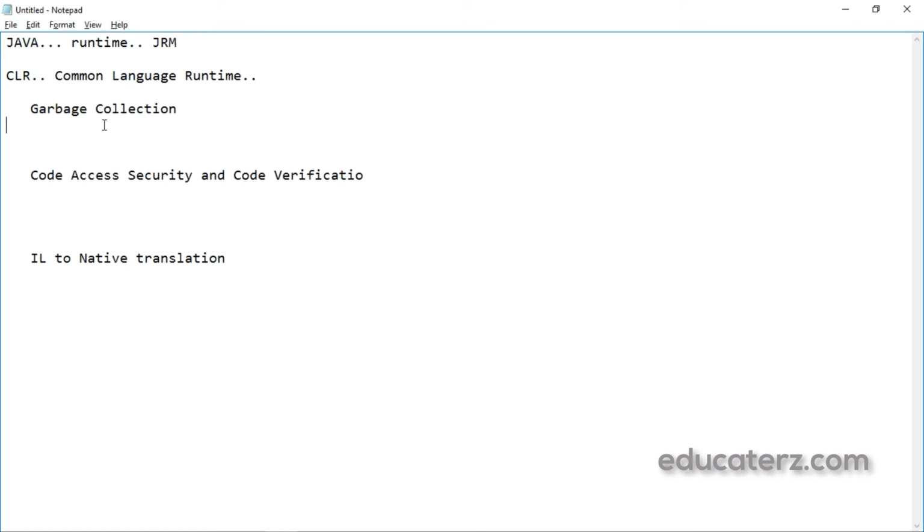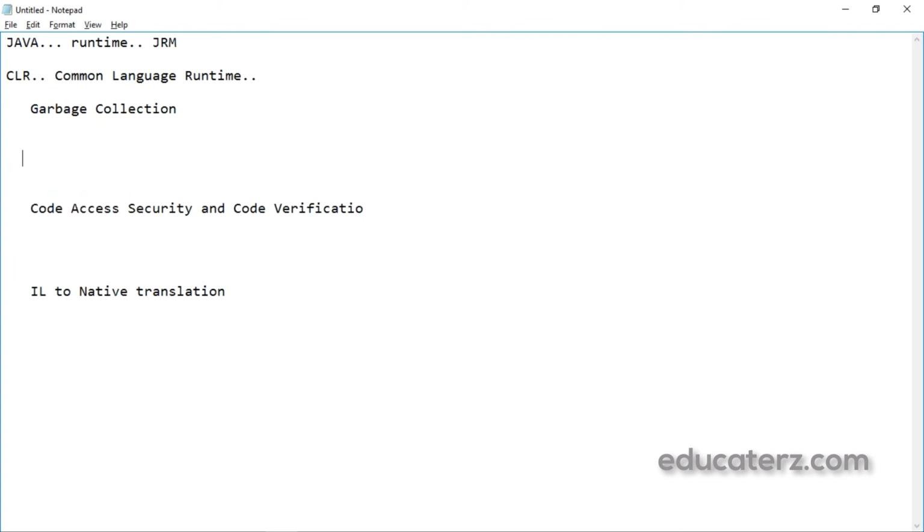So what CLR will do is it will free that memory that was allocated for that variable, meaning that when we run our .NET application, many objects are created. Garbage collection is a background process which detects the objects which are not in use by the application and frees that memory.